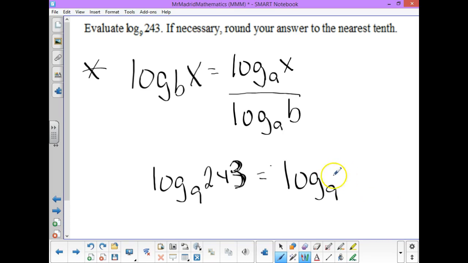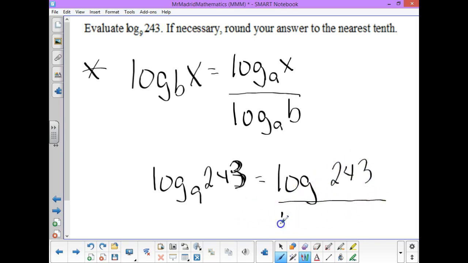And I'll tell you what, I'm not going to jump the gun on you guys. I'm simply going to work with this formula, okay? So I'm going to go log. Now leave this blank for now. I'm going to put 243 up here over log base 9, okay? Just like in the previous example,